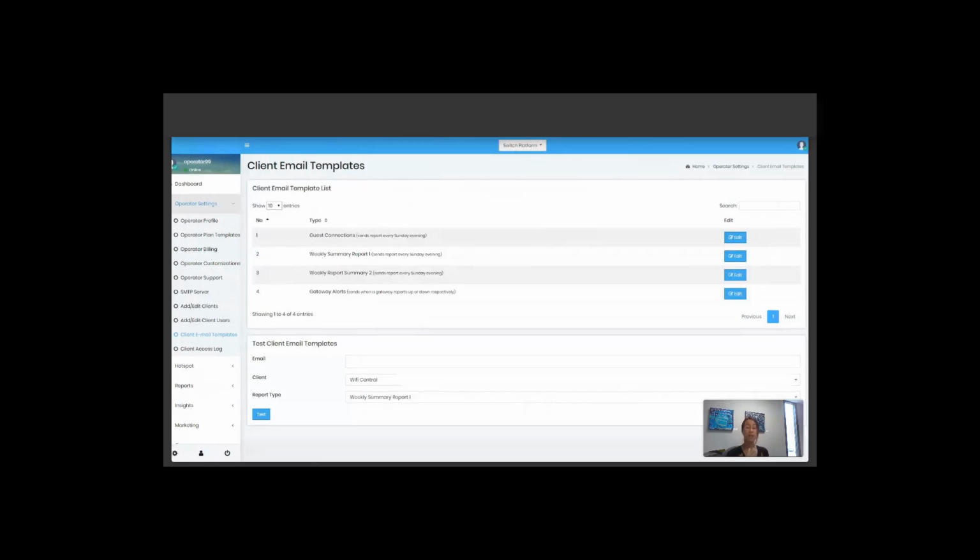One, it stops you from having to manually do it. It's a value add, a value prop, but it's also going to give your client the impression of, this is how great this is working for me. So every week on Sunday, they will receive a report. And in your operator knowledge base, if you type in